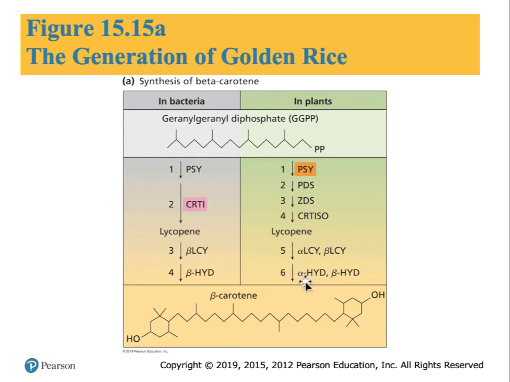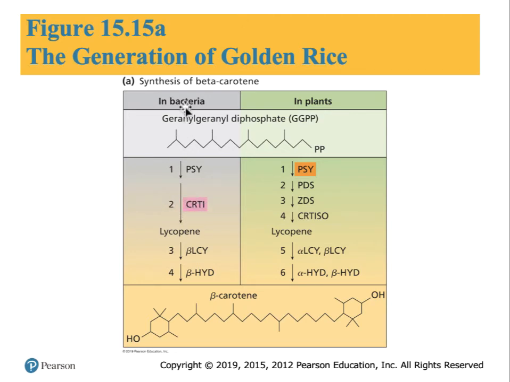Here's a diagram showing you how evolution has taken GGPP, and in most plant tissue it's able to convert that into a beta carotenoid. Bacteria can also take this GGPP and through a slightly different pathway also convert it to beta carotenoid. So the scientists looked at both pathways and they realized that these three enzymes could be easily substituted by this